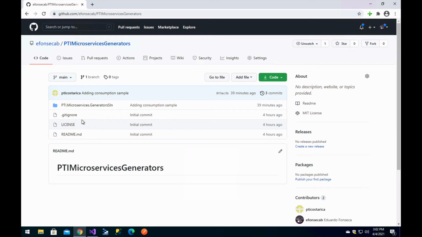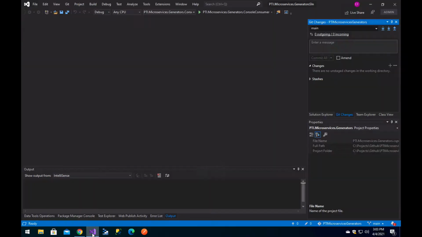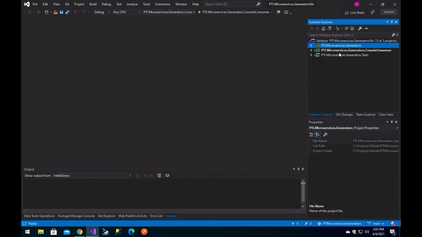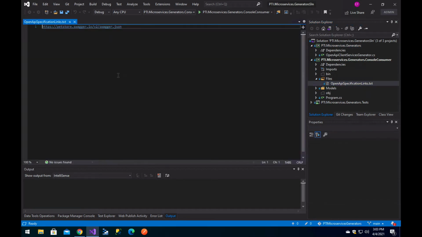Today we are going to see an example of how to generate the client proxy for an API which has OpenAPI Specification documentation. In this case we are going to use an API that I found on the net, and it is this one. This is the Pet Store. You can go to that URL and see the